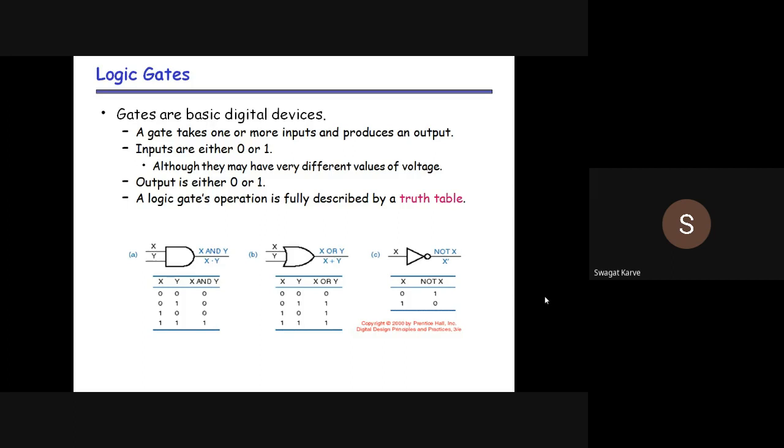And what is the necessary condition for the AND gate? Unless and until all inputs are 1, then and only then the output will be 1. In all the rest of the cases the output will be 0. That means if all inputs are high, then and only then the output will be high. For any other case, the output is 0, that means low. This is for the AND gate.